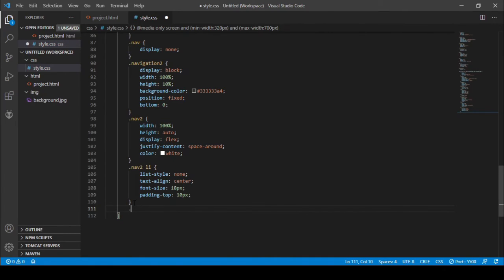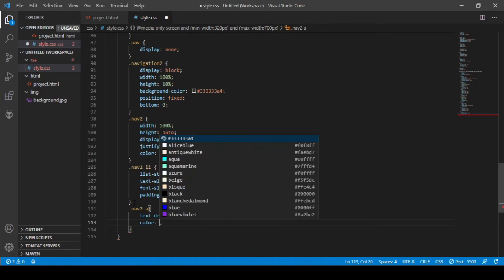So let's get into the anchor tag, which is present in the list of the nav2 class. And let's give the text decoration as none on here. And let's give the color as white smoke.